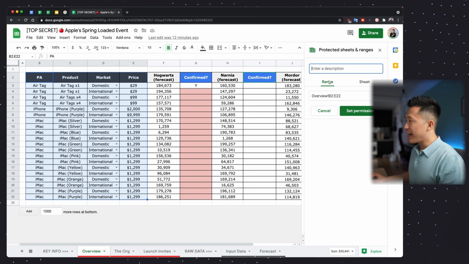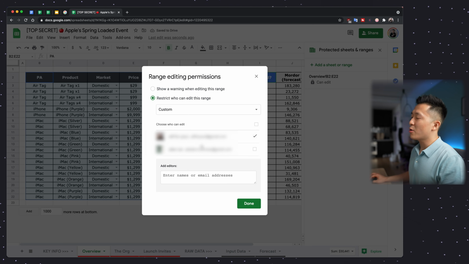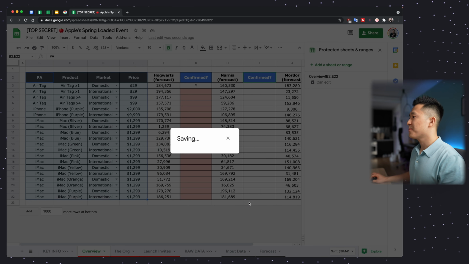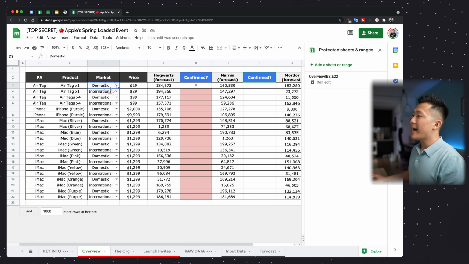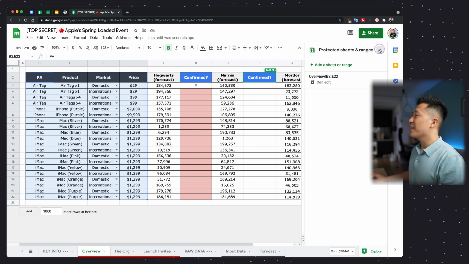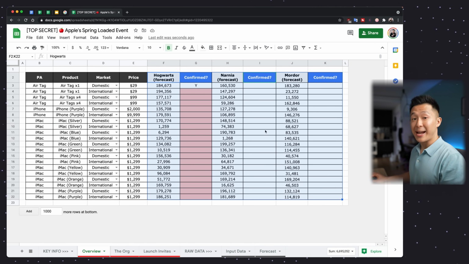At the Range tab, set permissions, and uncheck the email or email aliases of the other members and click Done. Now, only I will be able to edit the cells on the left-hand side here, and the other teams will only be able to change the values of the cells on the right-hand side here.